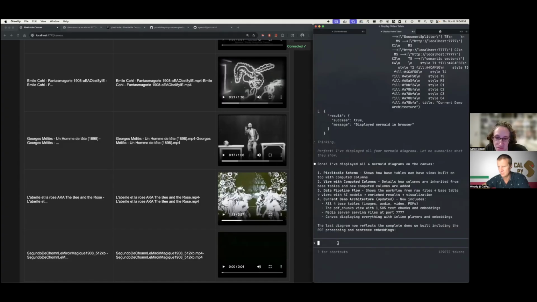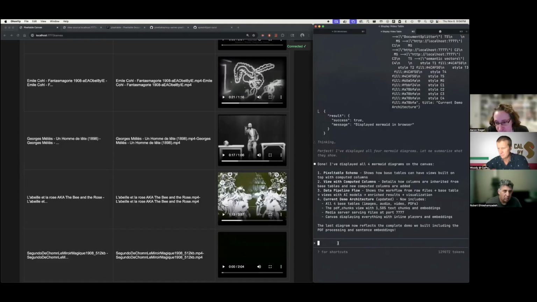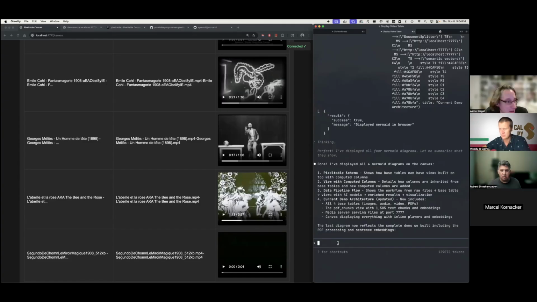But in theory, it's totally doable as long as there are models for it and you can describe it in language. If there's not a model for it, like there isn't currently a model that can do that kind of scene detection, it might take a little more hacking with Claude, but you can still do it. There are ways to do it.